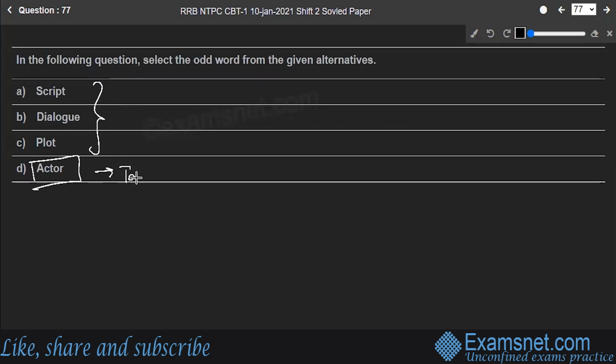This is tangible and all these are intangible, right? So actually the primary difference between tangible and intangible is that tangible is something which a person can see, feel, touch. Thus, they have a physical existence. Whereas intangible is something which a person cannot see, feel, touch, etc. You cannot see script, dialogue, plot. These are not things which you can see, touch. Tangible things, they are